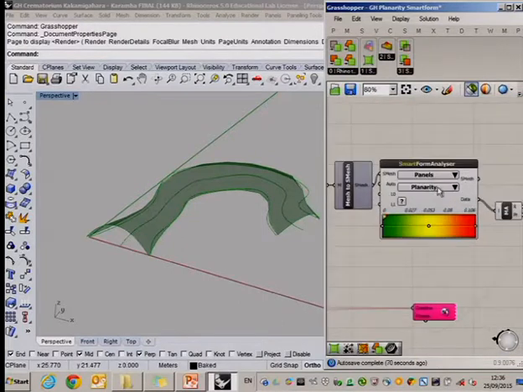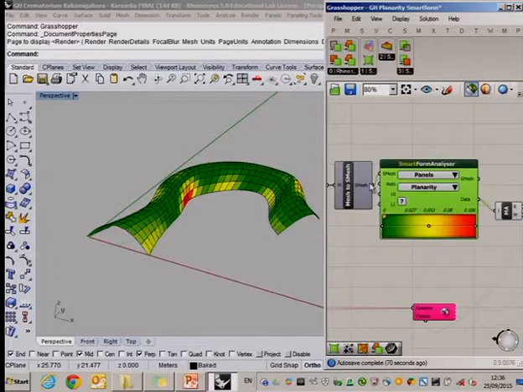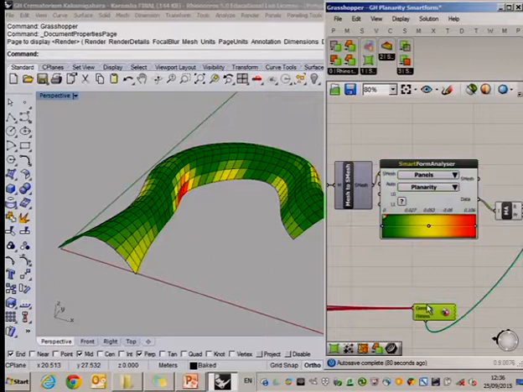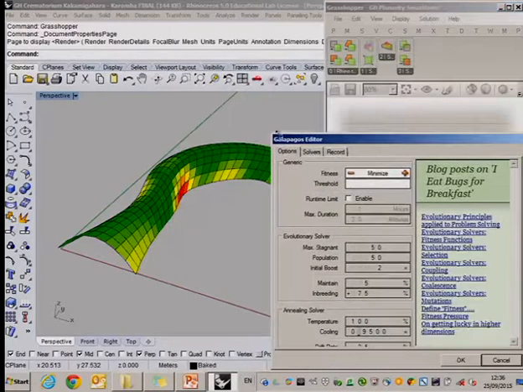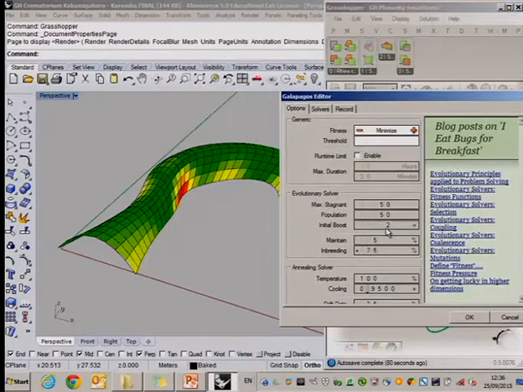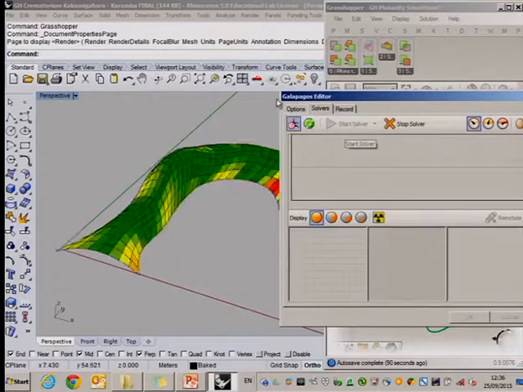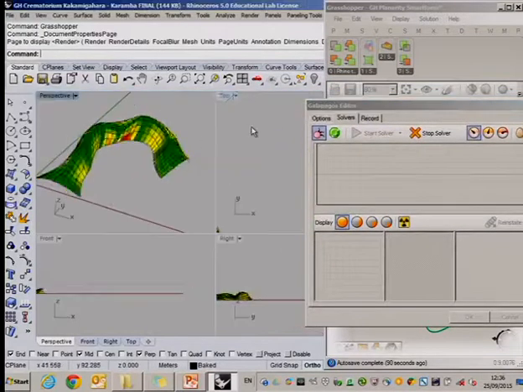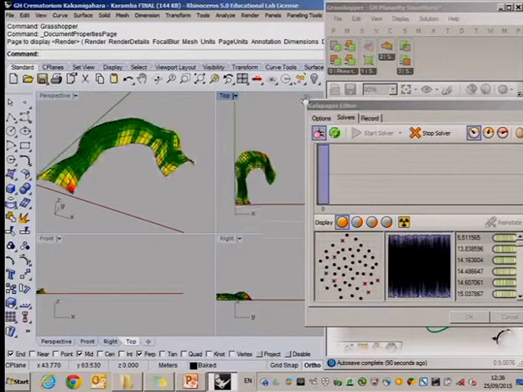I have another tool which calculates planarity. So with this tool I understand that the green ones are a bit below my expectation, and the red ones are a bit above, and the yellow ones are fine. But again, by means of this tool here, I can make sure that I solve the planarity issue by changing slightly the position of